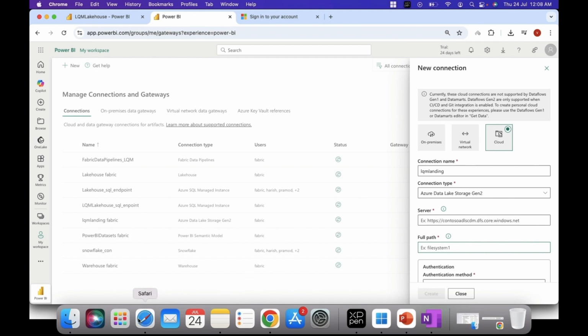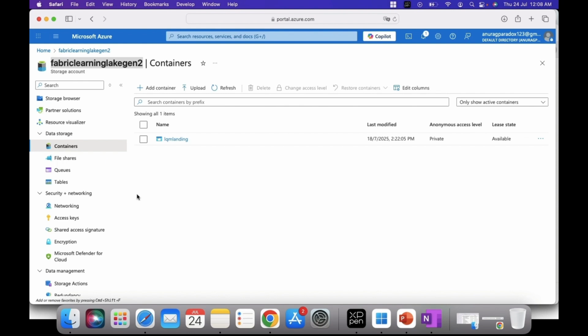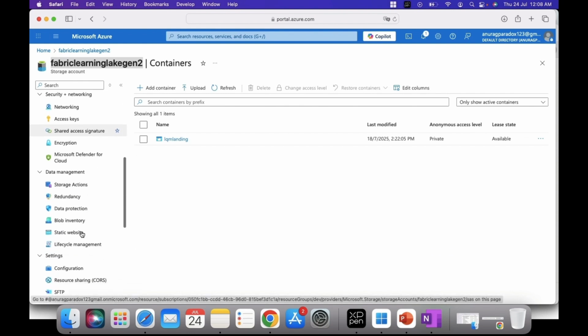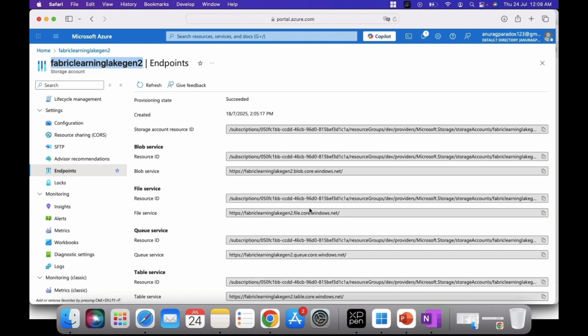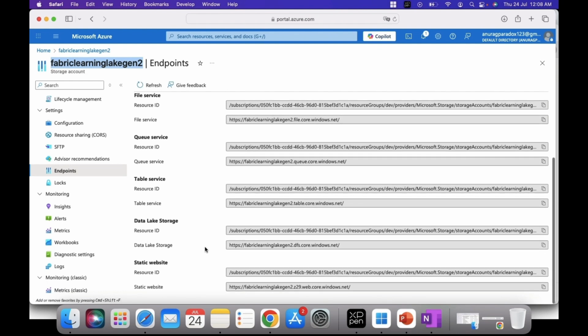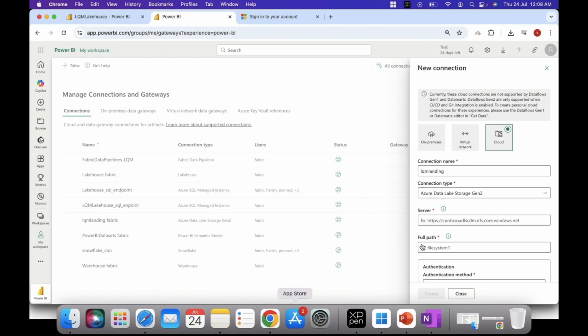container name. So go to your Azure portal and then go to the endpoints, and here you can see this location. Copy it and go to the Fabric portal, paste it here, and full path. So here we need to provide the container path, which is LQM lending,